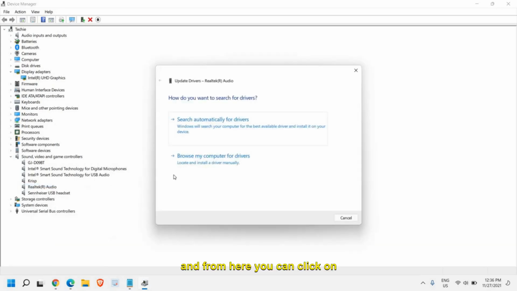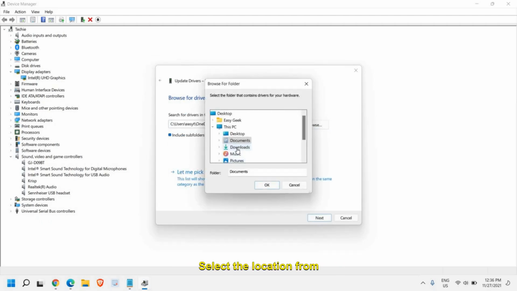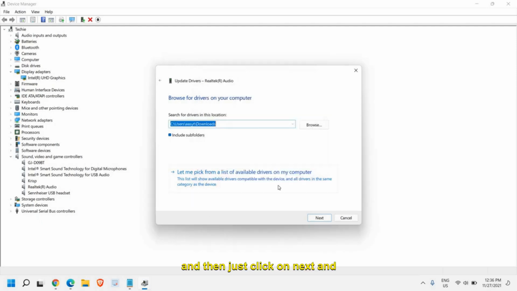And once you have downloaded the driver from the Realtek website, you can click on update driver, browse my computer for drivers, select the location where you have downloaded it, and then just click on next